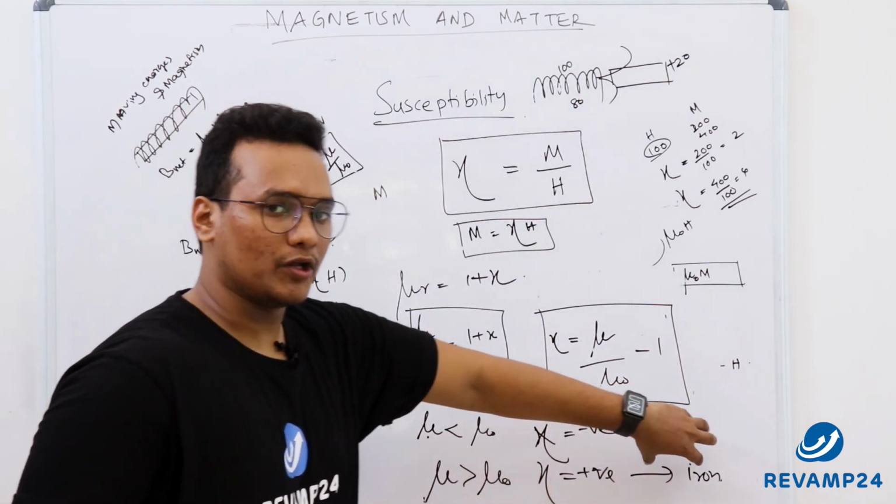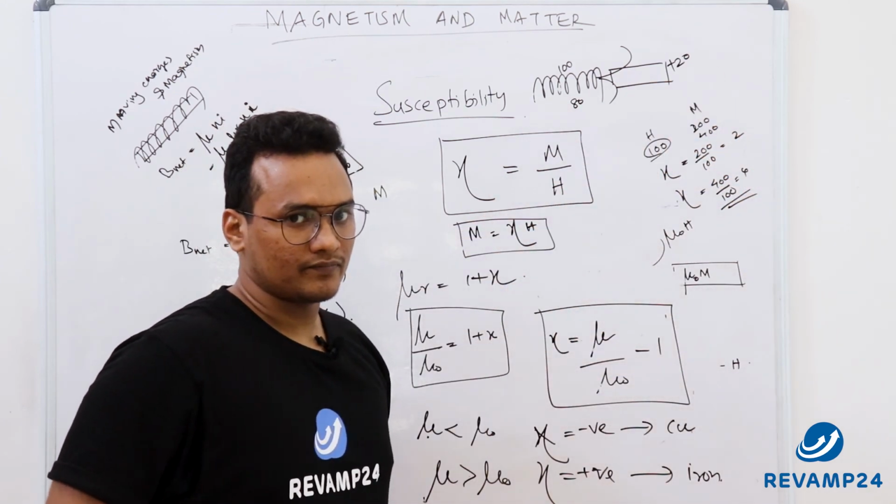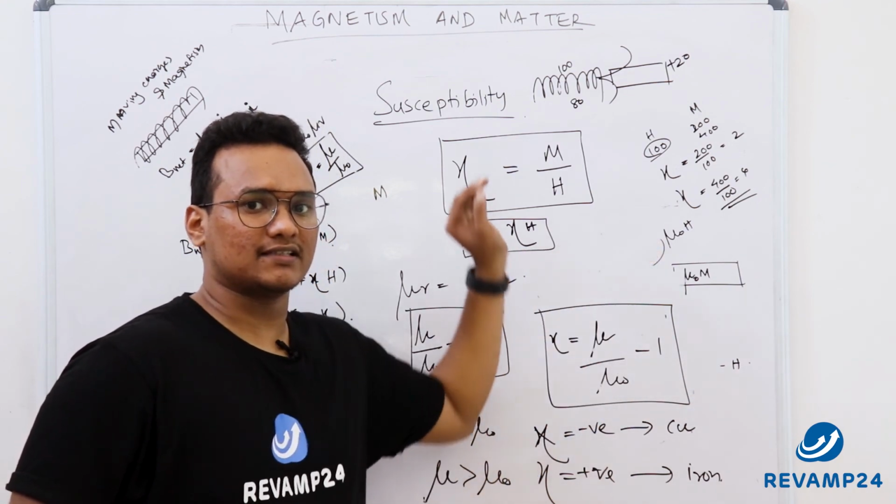So copper will produce magnetization but in the opposite direction, so the net will reduce. Now here it will produce magnetization in the same direction. So the net inside this